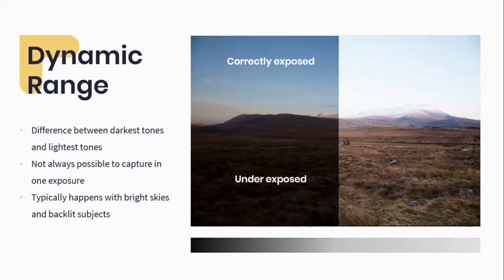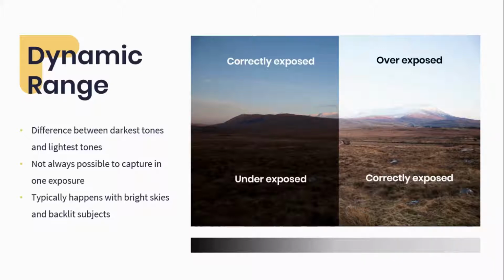So I adjust my exposure to try to get the correct exposure in the foreground in the other side, but then I get an overexposed sky. And simply the difference between the two areas, the overexposure and the underexposure, is too great that I cannot get the correct exposure with my light meter set to 0. So if I underexpose the image to try to bring back the sky, I lose my foreground. If I overexpose it to bring back the foreground, I lose the sky. And I simply cannot get both